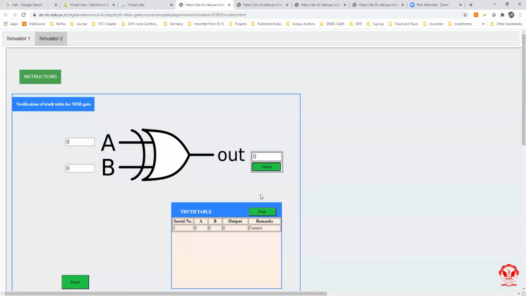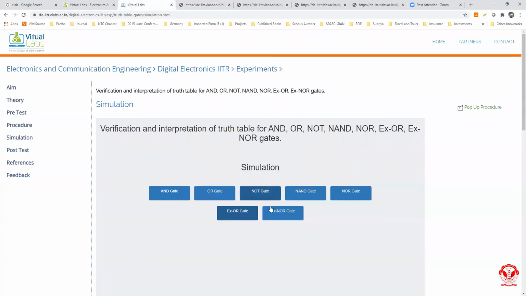Check. Yes, it is correct, because for equal inputs, the output will be 0. Okay. Now for unequal input, 1 and 0, it should be 1. Yeah. Okay. Now moving to the next simulation, that is XNOR gate.